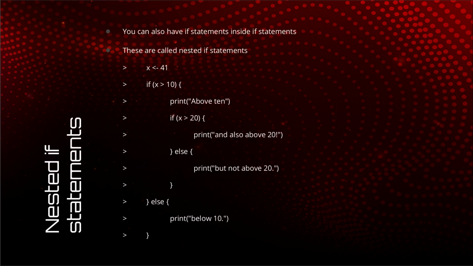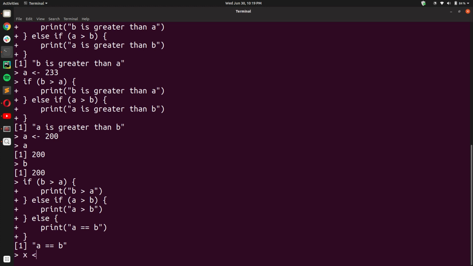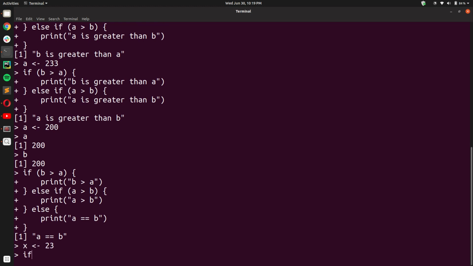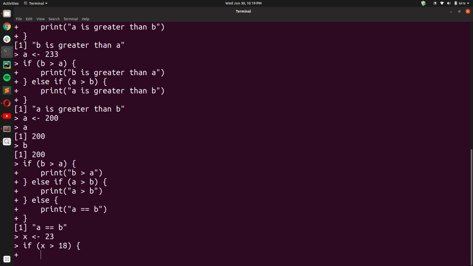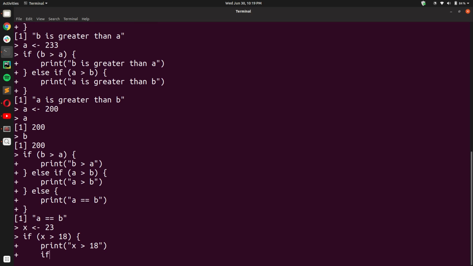Okay, so now let us talk about nested if statements. These are an interesting code construct. Nested if statements are basically if statements inside of another if statement. So let us say we have a variable x that stores my age, 23, and now we want to write a nested if statement. If x is greater than 18, then we print x greater than 18, and now let us check for something else.